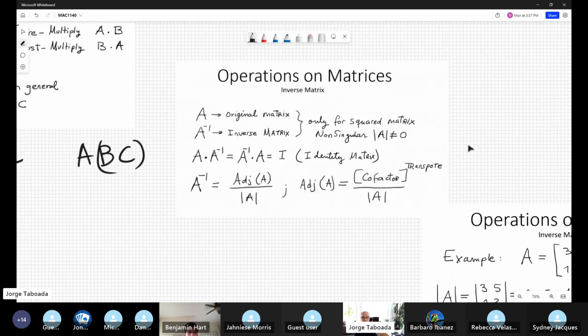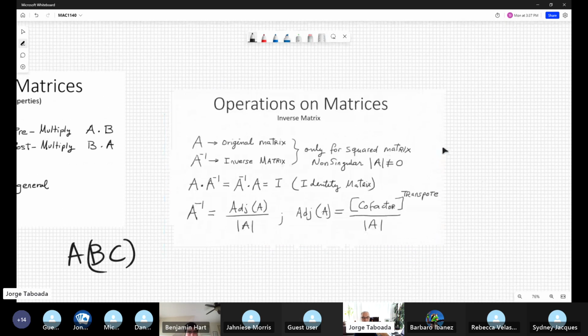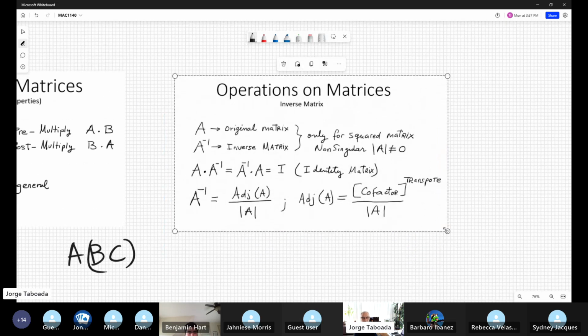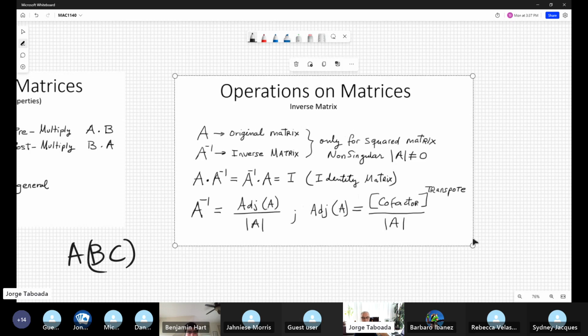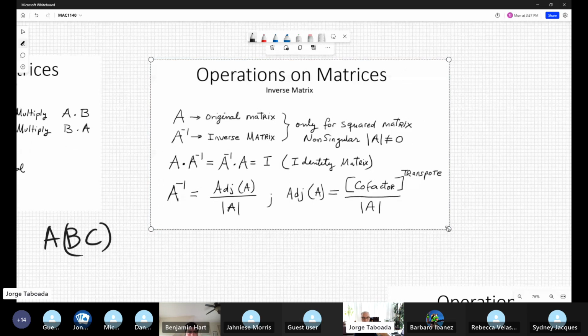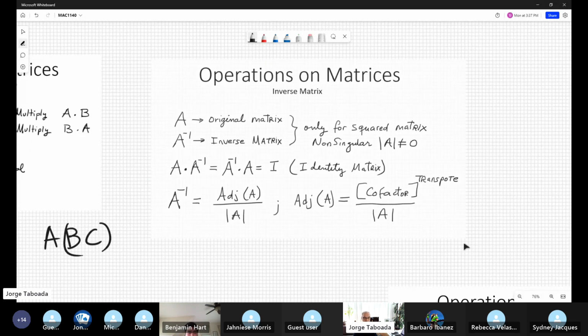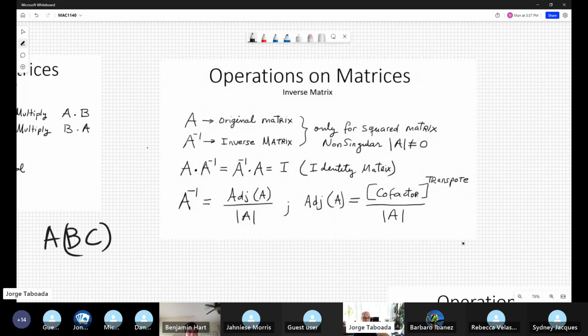And what about division of matrices? No, division is not defined. It defines another similar thing, the inverse. What is the inverse? Look, suppose you have the original matrix A, and the inverse matrix, another matrix, can only exist